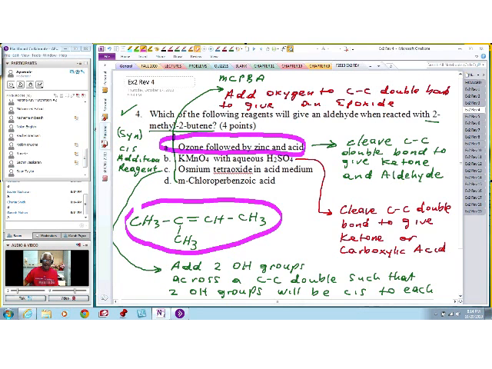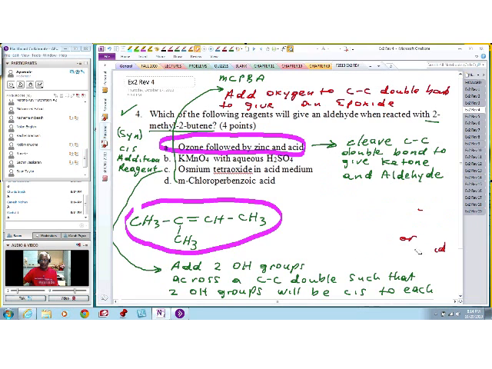The answer is A. Because if you take a look at this molecule here, and we react with step 1, ozone, and step 2, zinc followed by acid, you clip this here,